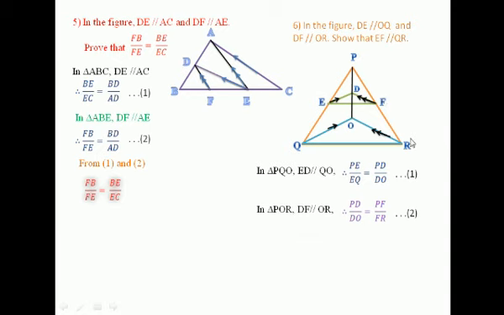By observing 1 and 2, PD by OD is the same for those two triangles, it is the common ratio. From 1 and 2, we get PE by EQ is equal to PF by FR. If a line divides two sides of a triangle in the same ratio, then that line is parallel to the third side. By using that, EF is parallel to QR for the bigger triangle. In this way we can solve some problems here.